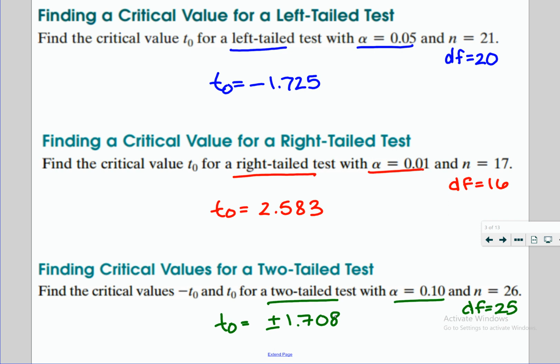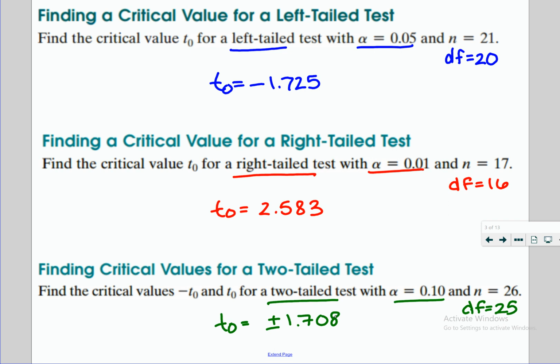Remember, go up or go down. If my degrees of freedom was 62, that's not listed on here. Down. Well, technically on the chart, you're going up, but you're going to the smaller degree of freedom. So if it's 62, maybe make a note to self because you might have those pop up. If it's 62, I would use 60 degrees of freedom. Okay, so we always round it down to the next one that we can find on our chart if it's